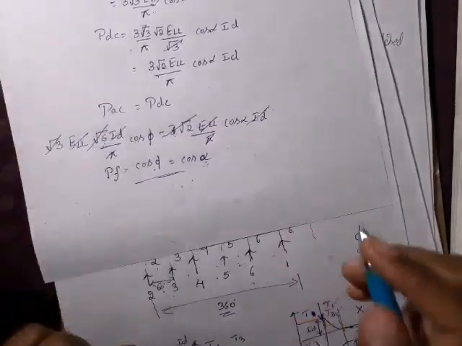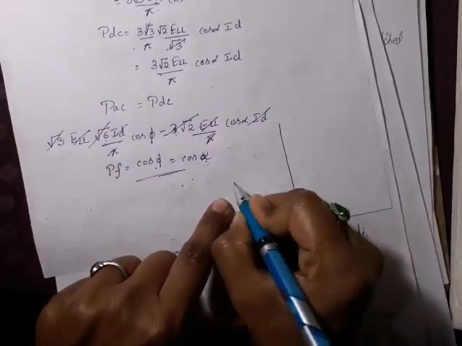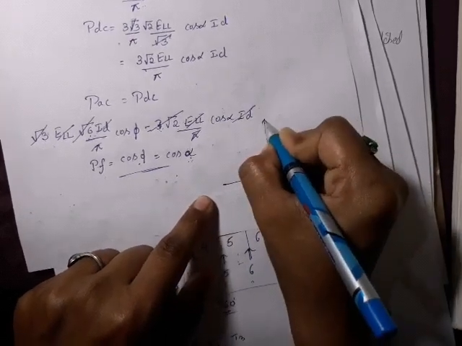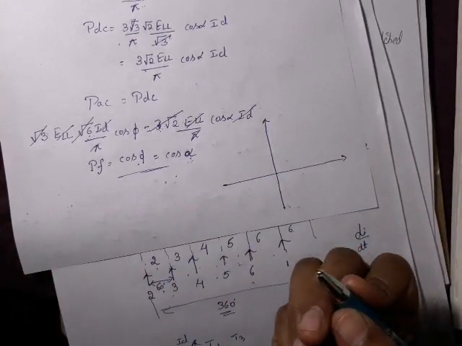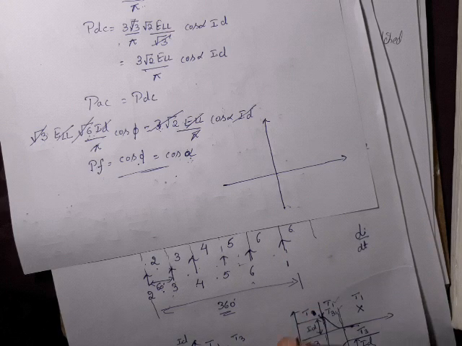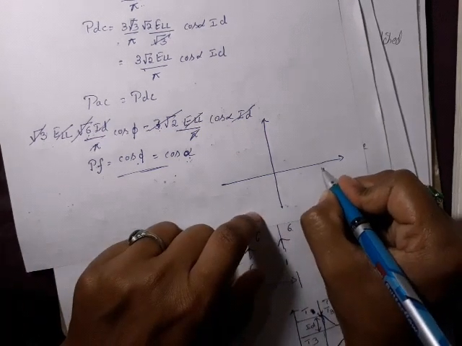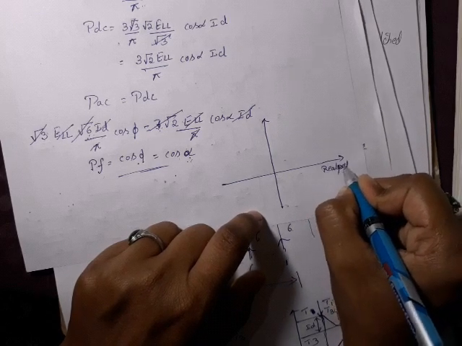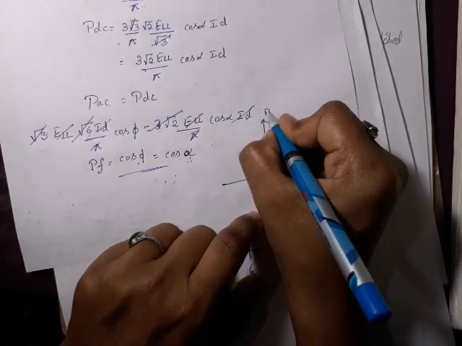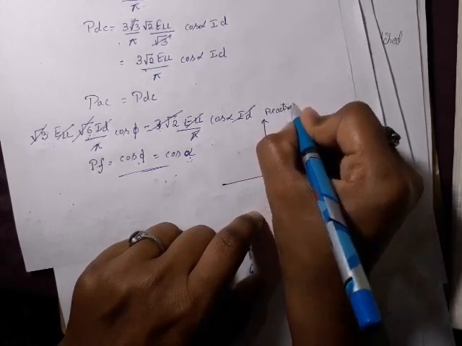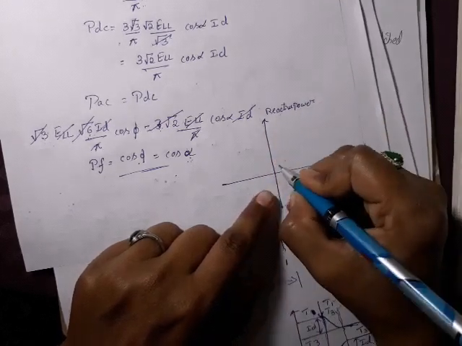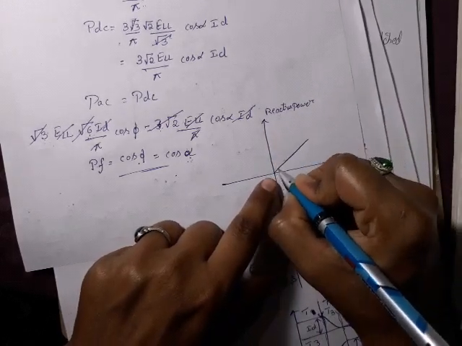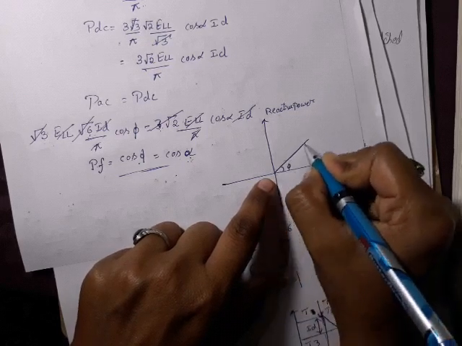So with this, I can show you a graph. Why are we using this power factor? This is very important for reactive power consumption. If the power factor decreases, it is nothing but the reactive power consumption of the circuit increases. So if I consider this as the real axis, real power, this is reactive power. So this is the value of alpha, or in the other way, phi.